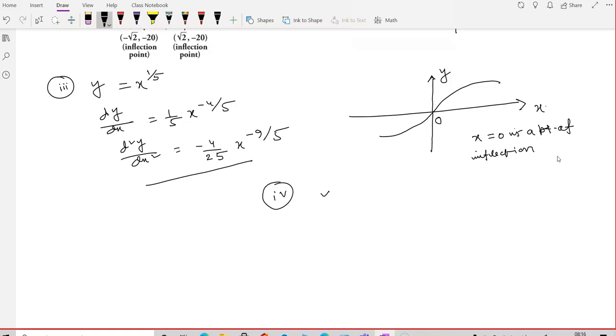Then let us check with the fourth curve, that is mod of x square minus 4. This curve can easily be drawn, because I already told you the concept: when you plot mod of x square minus 4, first we plot the curve of y equal to x square minus 4. Then we take the mirror image of the part of the curve lying below the x-axis, about the x-axis, and remove that part. So here x square equals y plus 4.